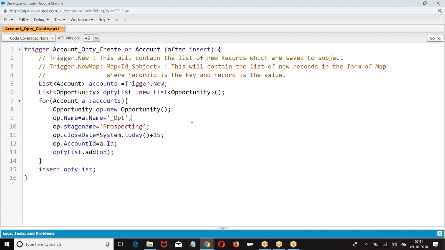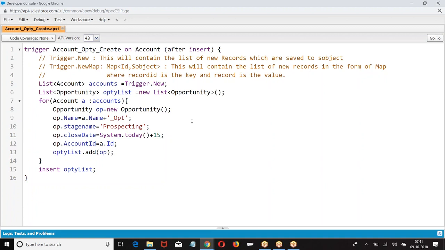Basically, at the end of the game, what I want to convey is that a group of people collaborating with each other and trying to work on this opportunity, or a group of people coordinating with each other and trying to work on an account, are called account teams and opportunity teams. And this is available on what? The account object and the opportunity object. You don't have a concept of queue.